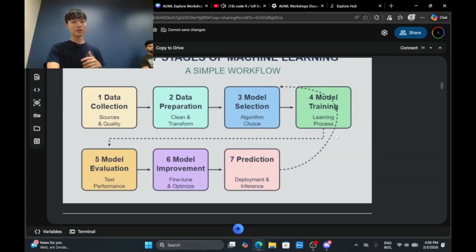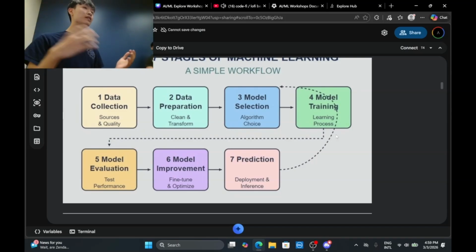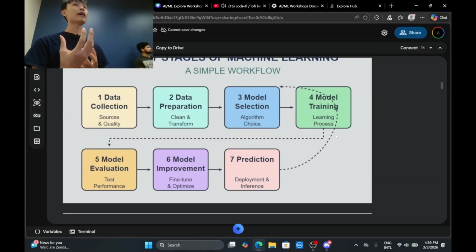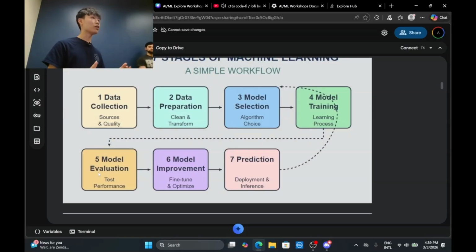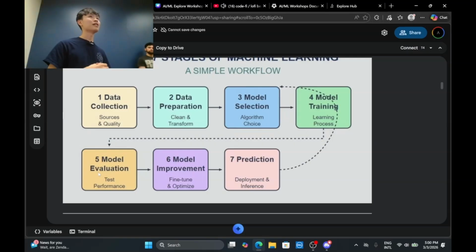And the fourth step is the actual model training. Now we have the dataset we pre-processed, and it looks beautiful. So we feed that dataset into the model that we chose, and the model will then learn the patterns inside the dataset. After it learns, we can start to evaluate the model on new, unseen data that we haven't shown it before, to see the performance of the model, how good it is when actually tested on new examples.